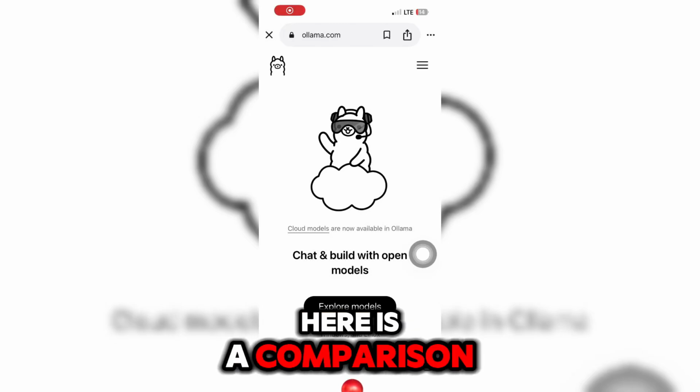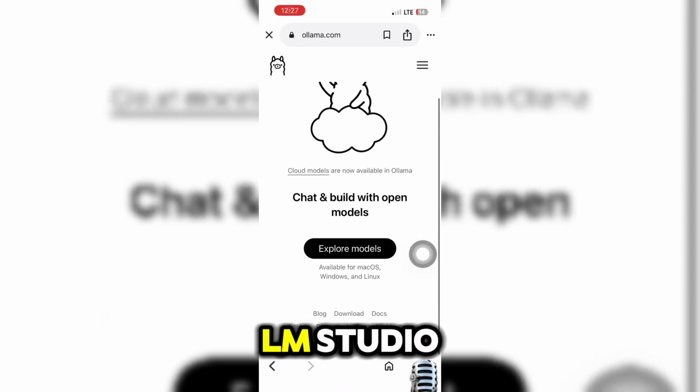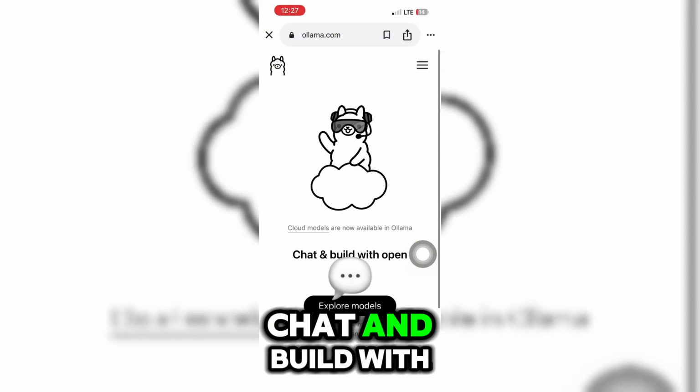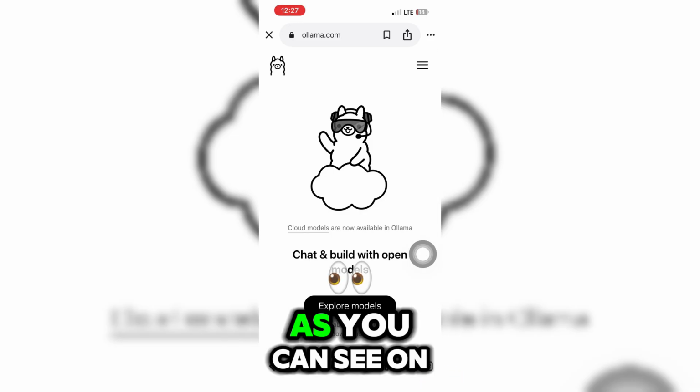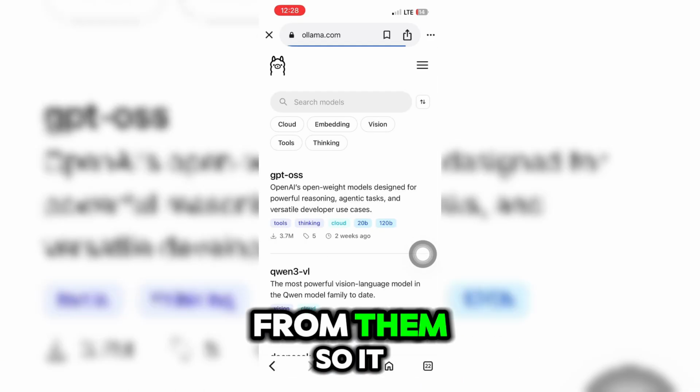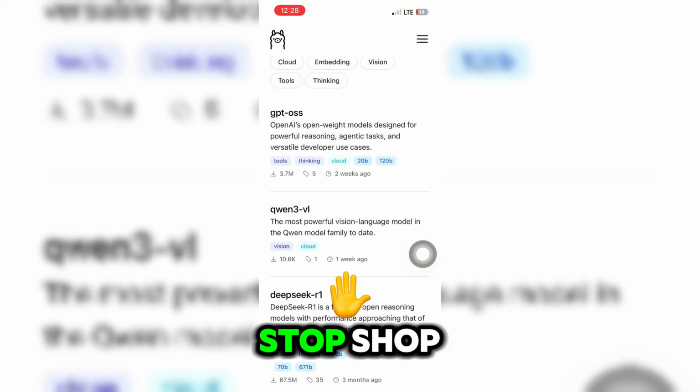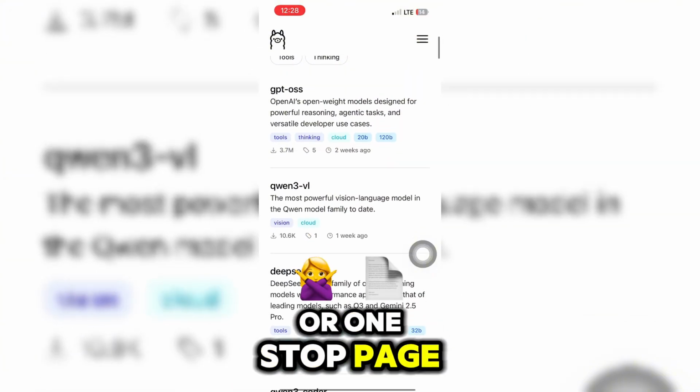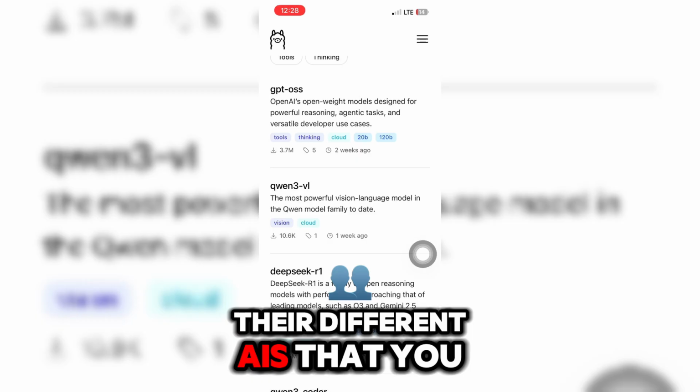Here is a comparison between Ollama and LM Studio. Ollama is a chat and build with open models. As you can see on their website, you can go ahead and explore different models from them. So it is like a one-stop shop or one-stop page that you can see their different AIs that you can